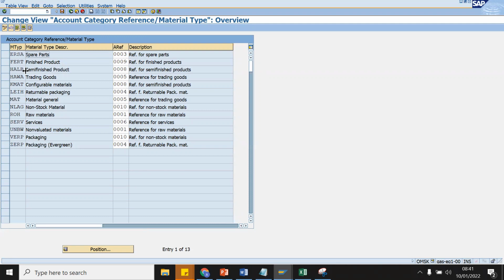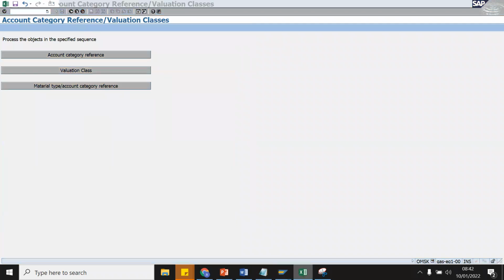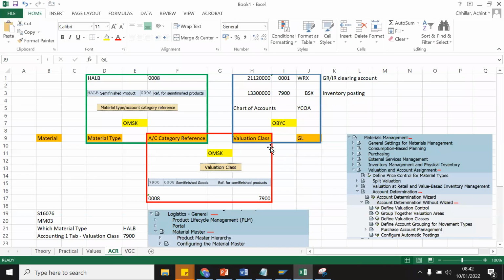The material type I've just shown you in the Logistics General assignment as well. But here you can see as well that HALB is assigned to 0008 in the account category reference. Now, whenever you create a material, this whole path I've just shown you will be used. So the material will be grass seed, the material type is HALB, then the account reference group is 0008.